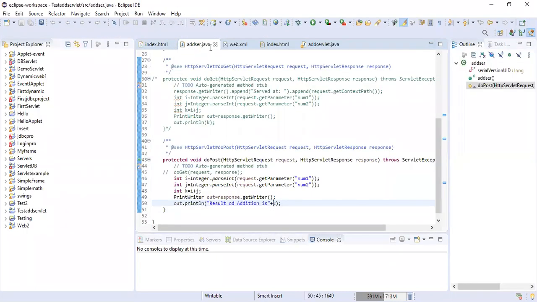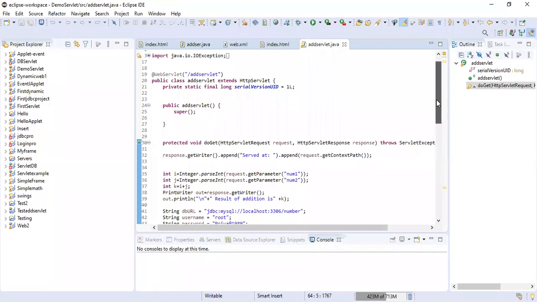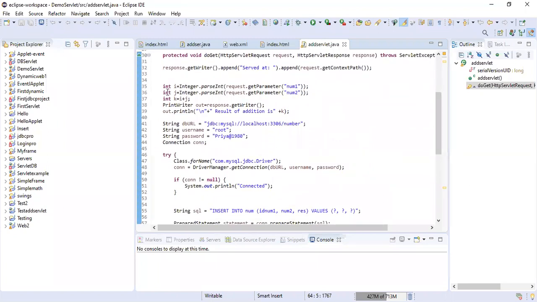That servlet was a simple servlet. In the doGet method of that servlet, we wrote code where we declared two integer variables, i and j. The first text box contents, that is the num1 text box content, we received in the i variable with the help of the request.getParameter method. getParameter returns the string type.